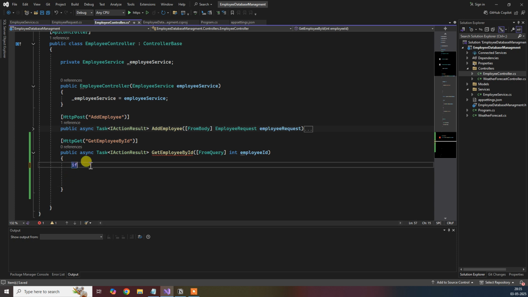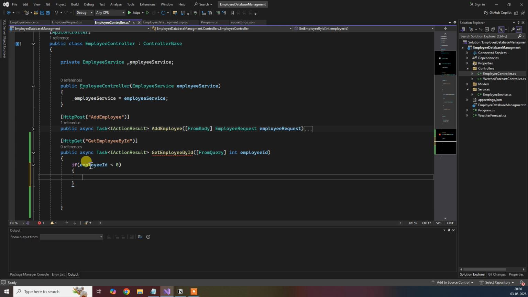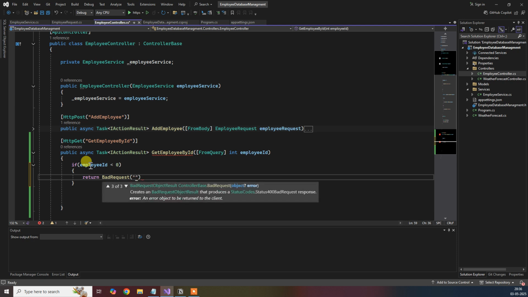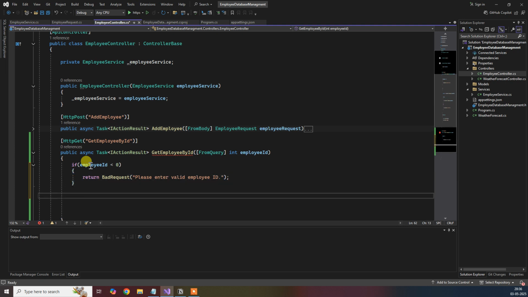Let's say if the employee id that has been sent by the client is a negative value, we can return a bad request saying, please enter valid employee id, right? So this will be a validation that we'll be adding on the employee id field. Next thing what we'll do is